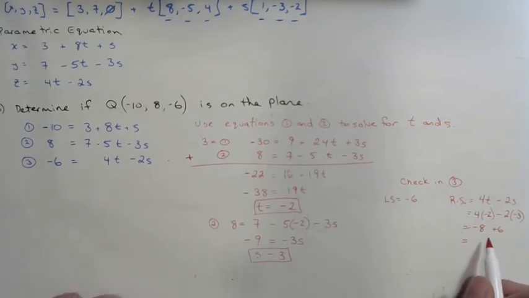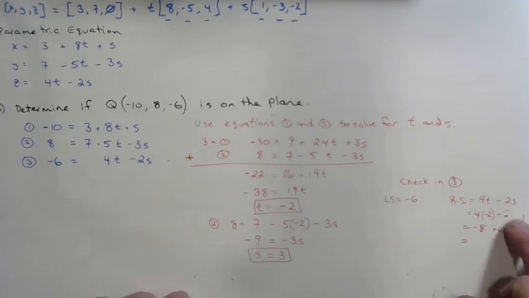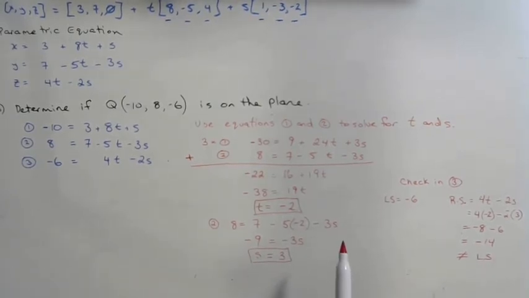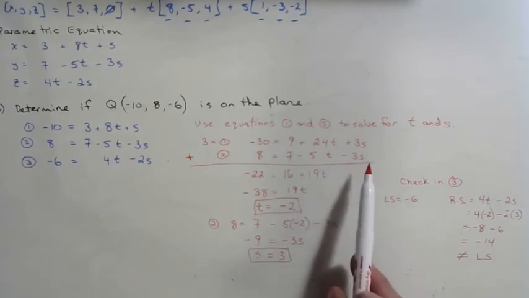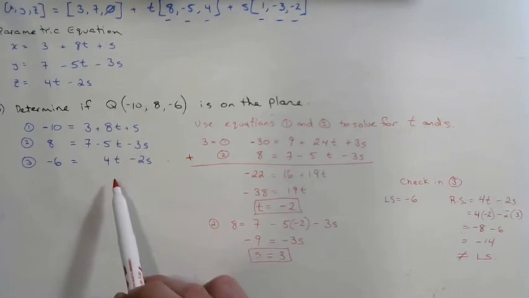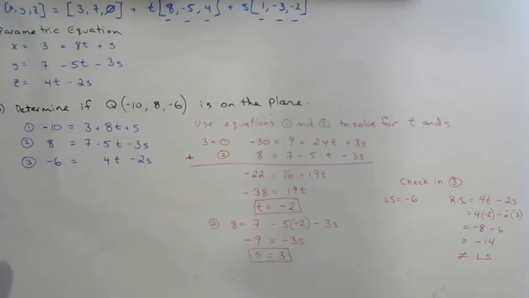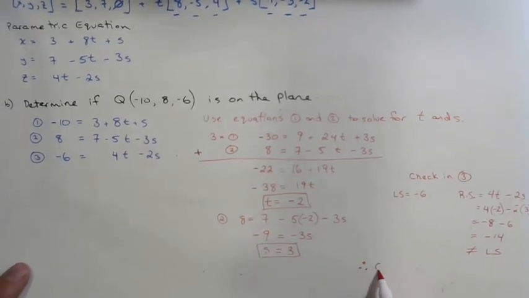which gives me, sorry, slight typo here. My solution for s was positive 3, which gives me negative 8 minus 6, which is negative 14, which does not equal the left side. And so, since there is no t and s combo that can satisfy all three of these equations, then Q is not on the plane, okay? Therefore, Q, negative 10, 8, negative 6, is not on the plane,